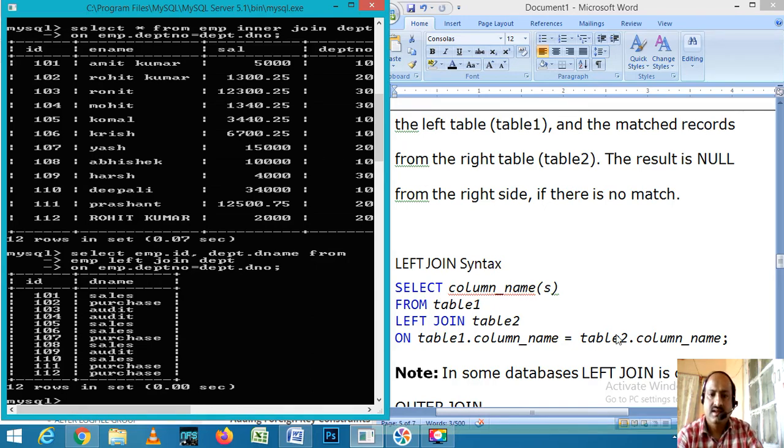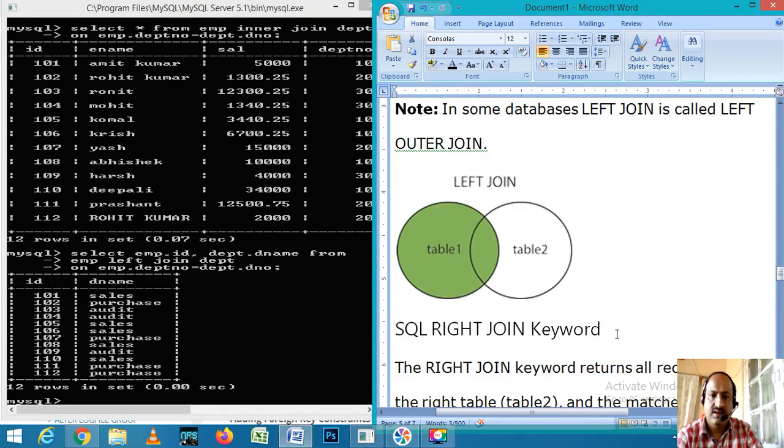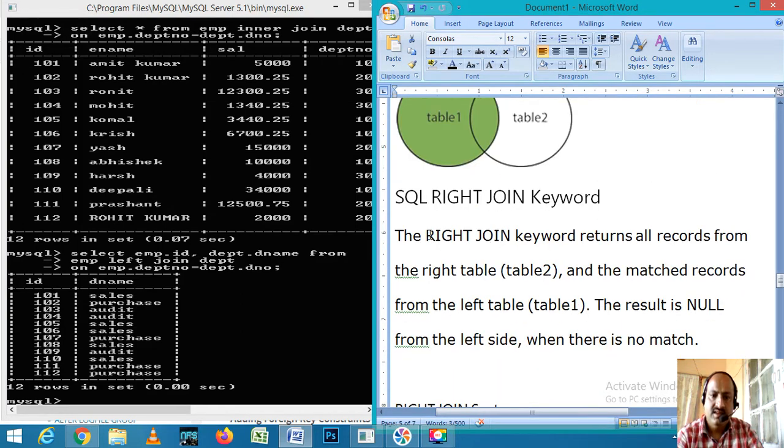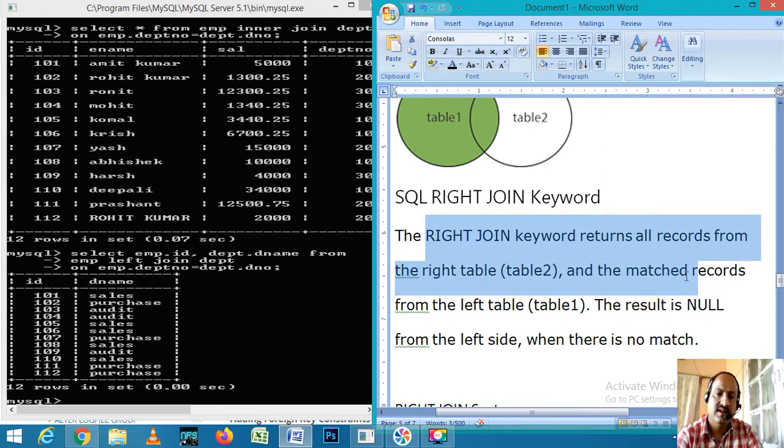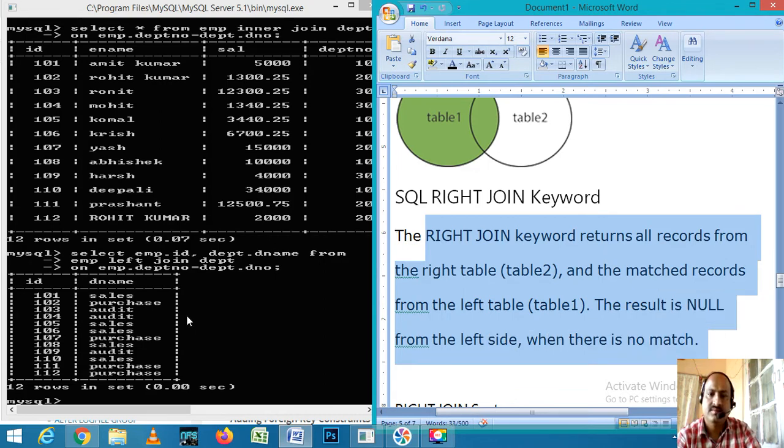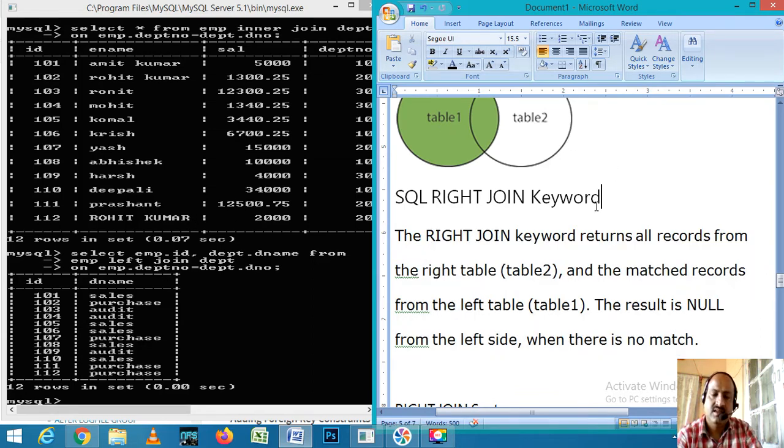Now right join. The right join keyword returns all the records from the right-hand side table and matched values from the left-hand side table. Suppose any value is available which is not matched with your left-hand side or right-hand side table, then you will find the difference.